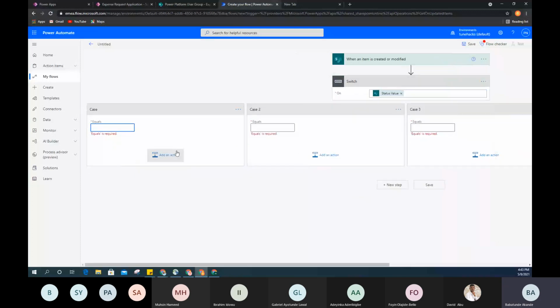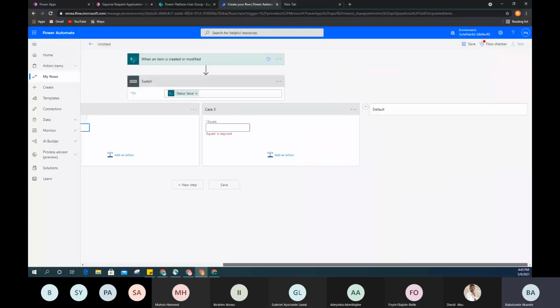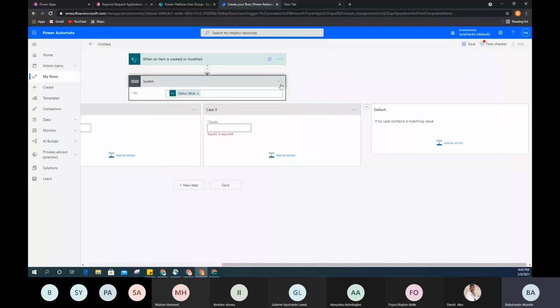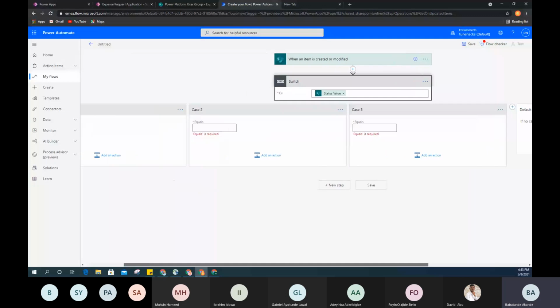If it is equal to this, I can put all the actions that I want. If it's equal to this, I can put all the actions for all the different cases. Then default is if it doesn't meet any of the options that I've defined, then what should happen? If nothing should happen, you can just leave this blank. So in most cases, this would probably be blank. So